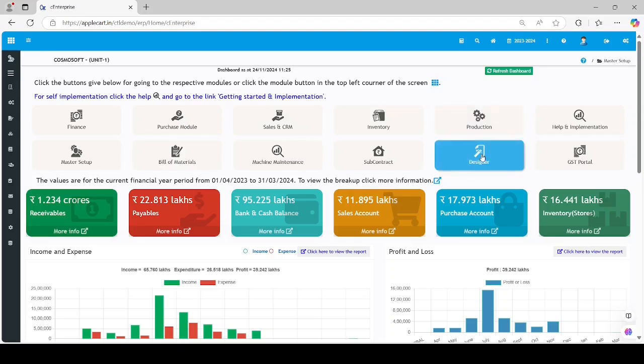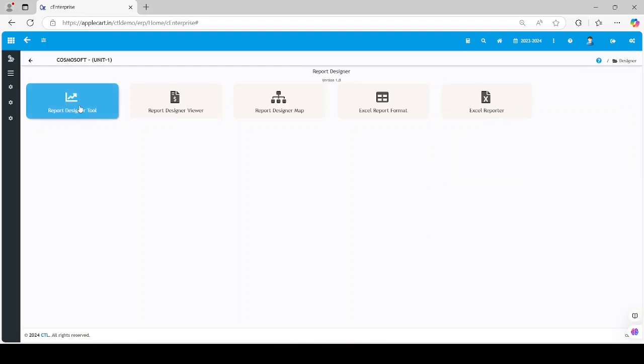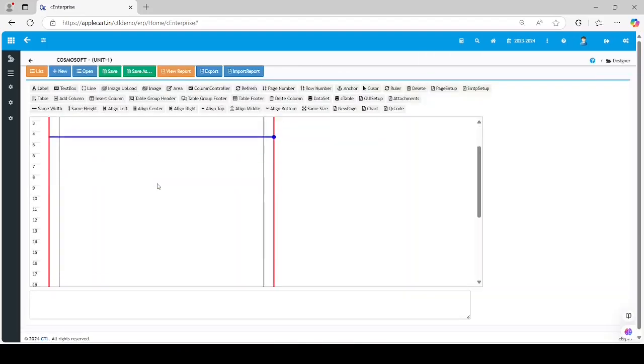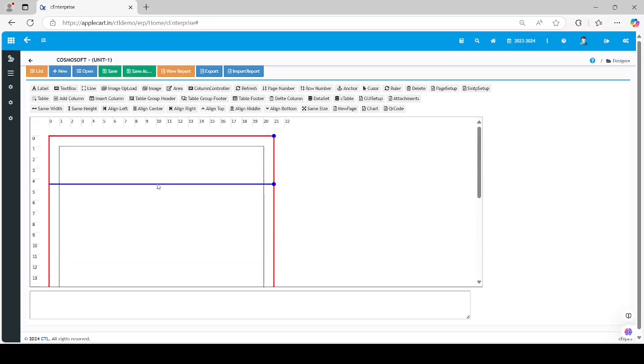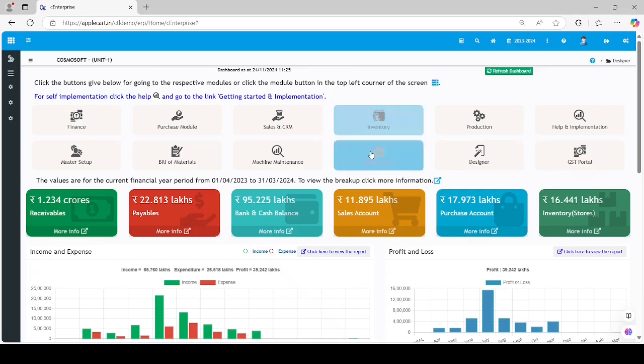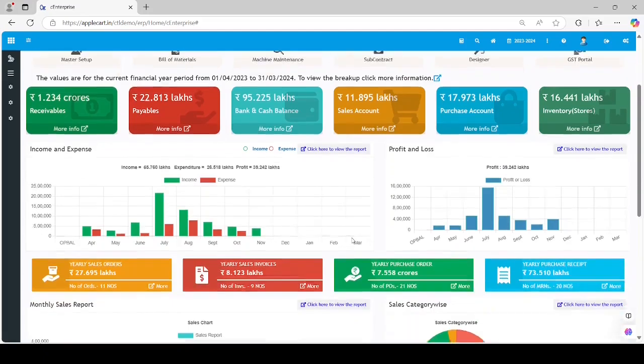One of the standout features of C-Enterprise is its built-in Power Reporter tool, which allows for customized document printing and advanced report generation. This business intelligence tool integrates design components directly into an HTML canvas, offering unmatched flexibility and ease of use. The beauty of C-Enterprise software lies in its intuitive, user-friendly design.